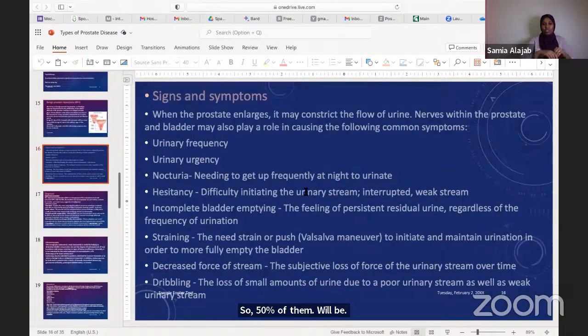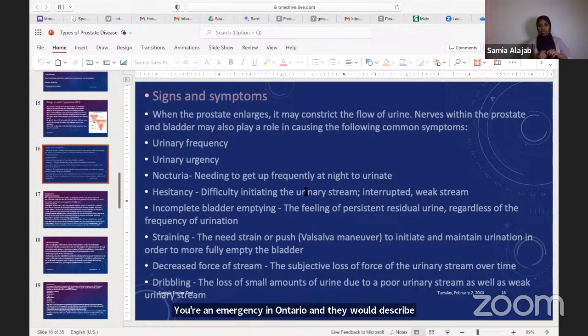Okay, so what are the signs and symptoms that people with BPH, or benign prostatic hyperplasia, will come with? Enlargement of the prostate will definitely cause obstruction of the urinary flow. Nerves within the prostate and the bladder may also play a role in causing these symptoms. So it's nerve stretching, irritation, and the obstructive symptoms. The patient will come with urinary frequency, urinary urgency, nocturia, and they will describe waking up at night